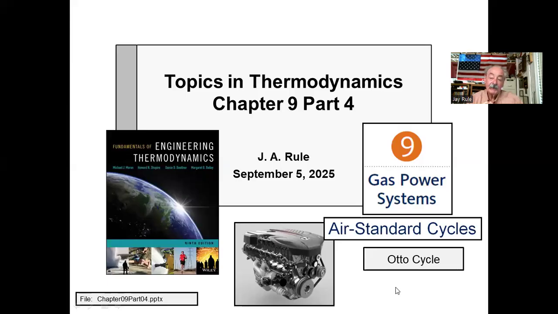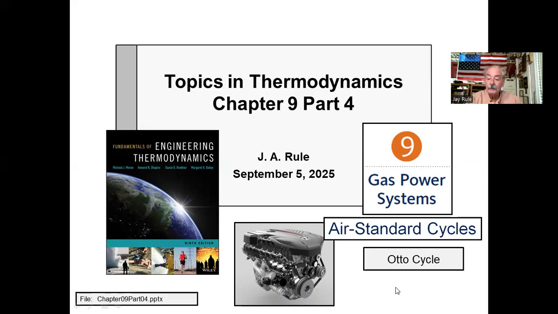After 3 introductory videos about Chapter 9, air standard cycles, finally we can get to the point of seeing how to develop a thermodynamic model for a spark ignition engine and evaluate its thermal efficiency performance. So the thermodynamic name for a spark ignition cycle model is the Otto cycle, named in honor of the individual